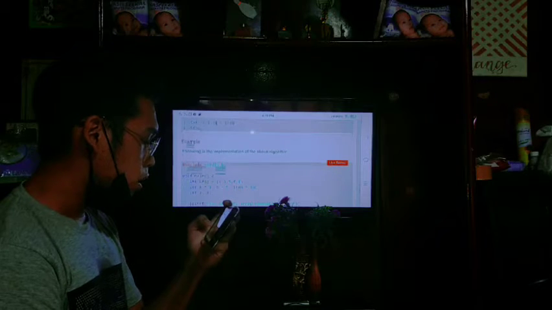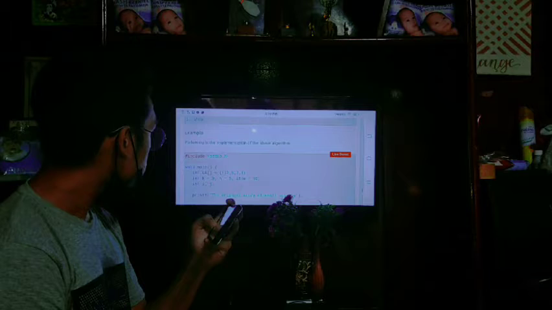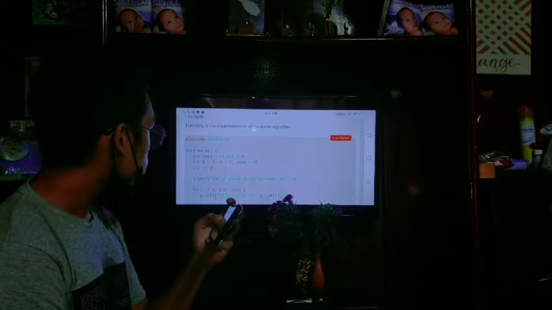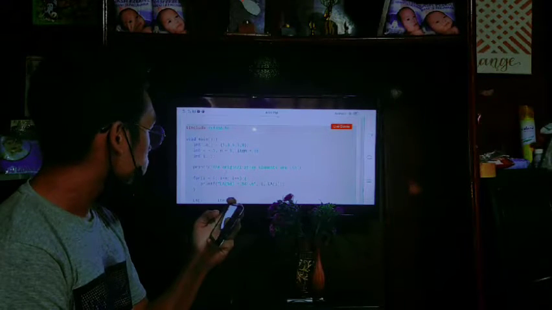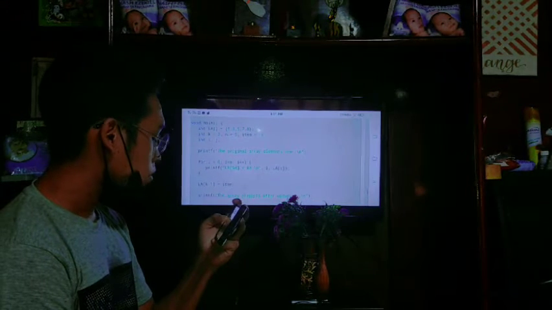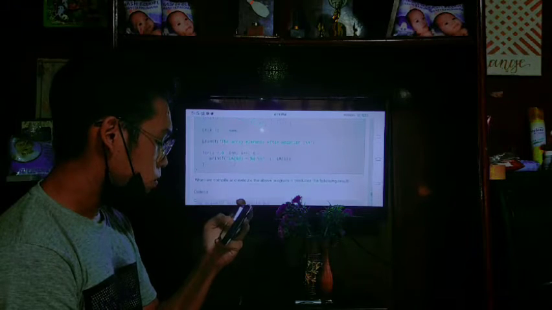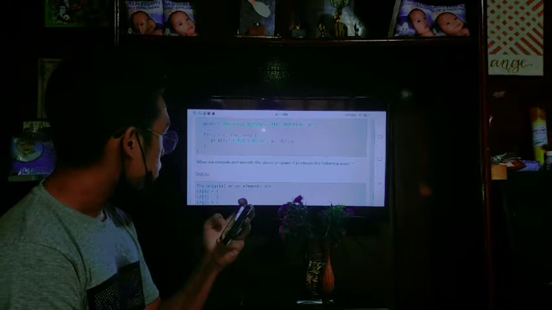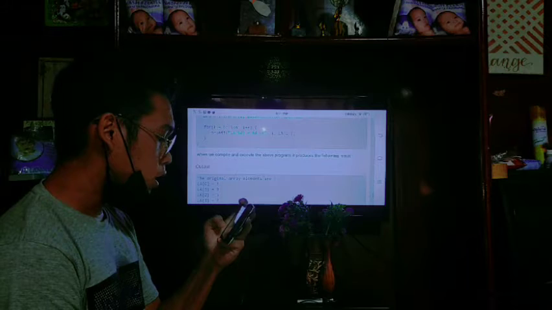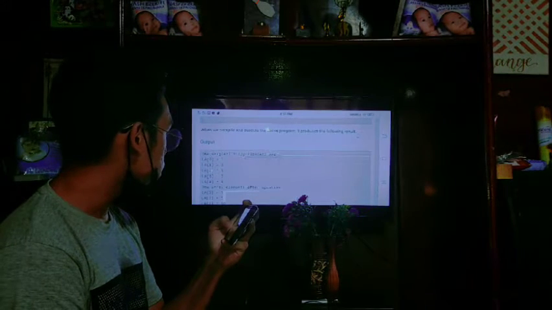Example: following is the implementation of the above algorithm. When we compile and execute the above program, it produces the following result. Output.